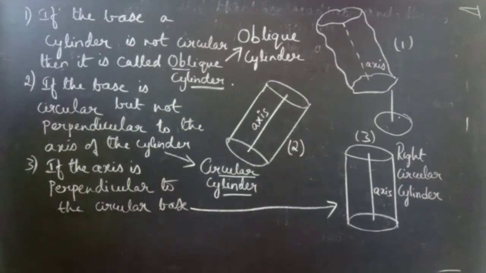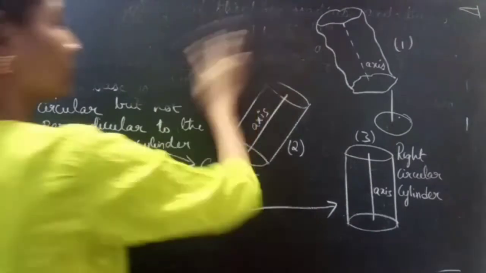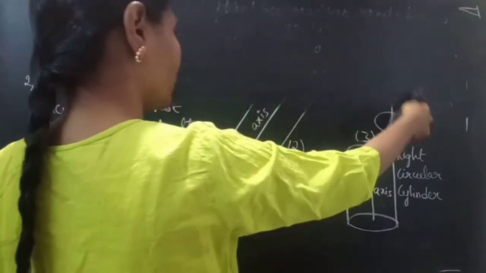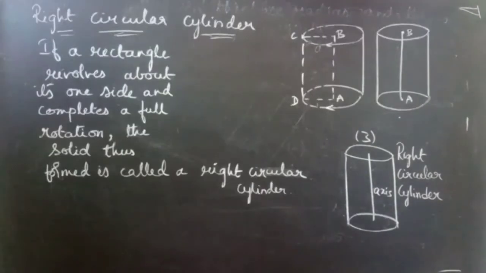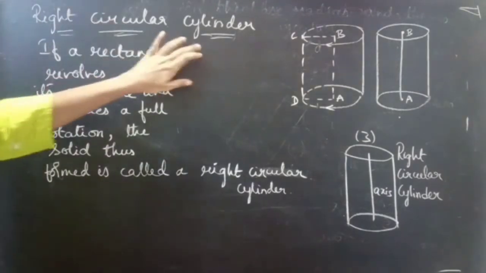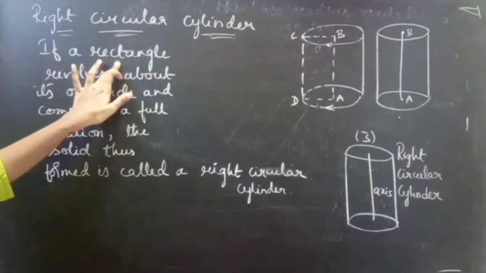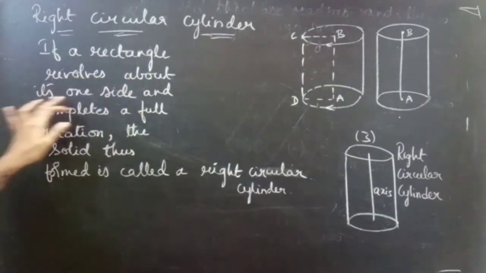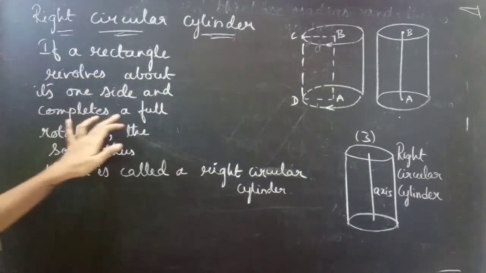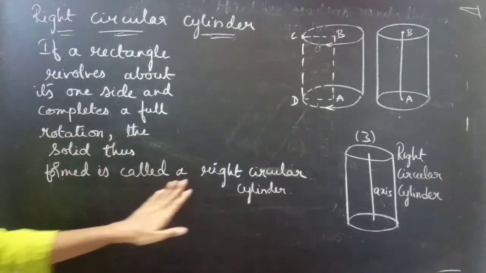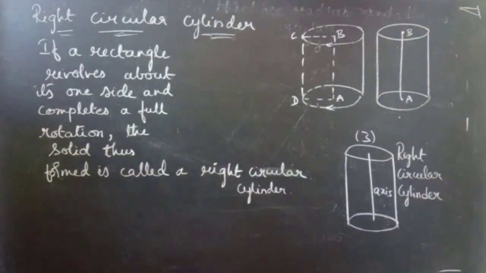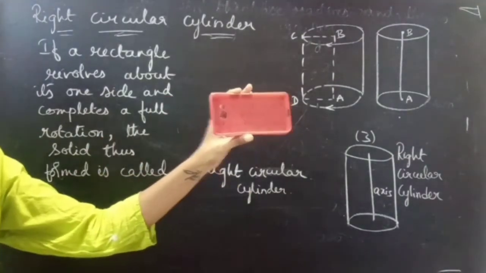Now coming to the definition of right circular cylinder. If a rectangle revolves about its one side and completes a full rotation, the solid thus formed is called a right circular cylinder. Okay, if we consider a rectangle,